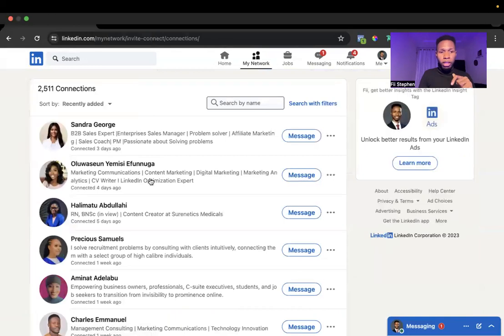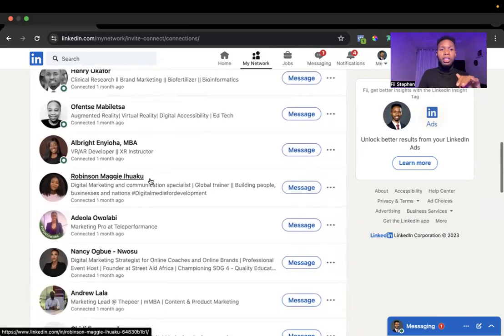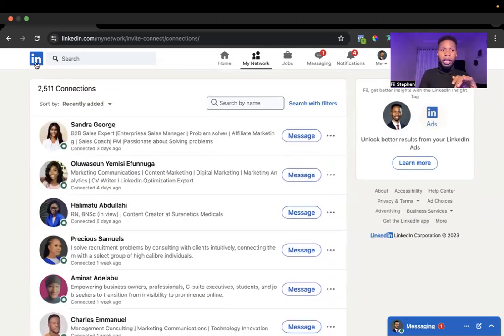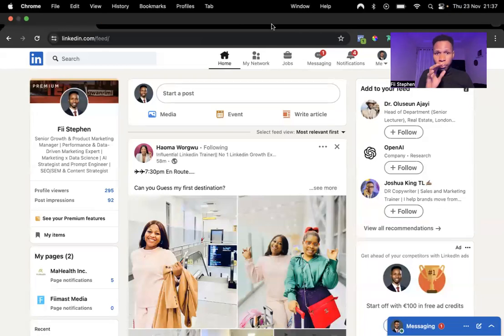Let me go to my network and look at this. So these are my connections, quite a number of them. This is what you can do when it comes to building your network. I went into details about the kinds of people you should look out for and connect with, and I practically showed you how to connect with these people. I was very detailed about that session. So in case you missed the second session also, try to get a replay. If it's at a fee, try and get it even at that fee. It's very insightful.